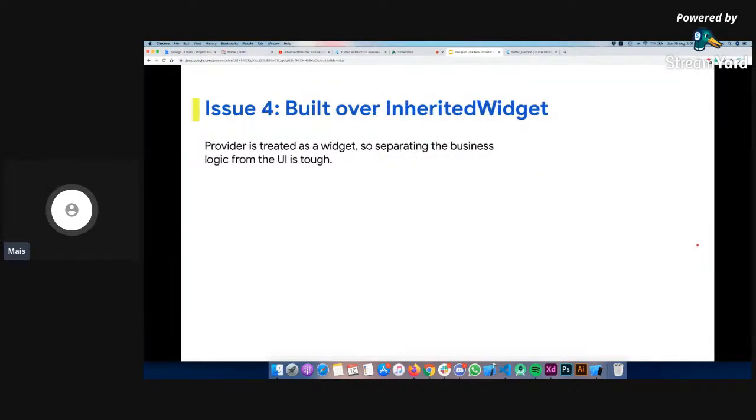So the issue number 4 is that provider is built over inherited widget. So we can't really extract the provider outside of the Flutter framework itself. By saying that inherited widget provider depends on inherited widget, it uses the build context to access the state, right? So provider does the same. It uses build context. But build context is not available outside of my widget tree. So this could be a little bit confusing. You can't really separate your provider logic outside of your UI logic. So this could introduce a little bit of